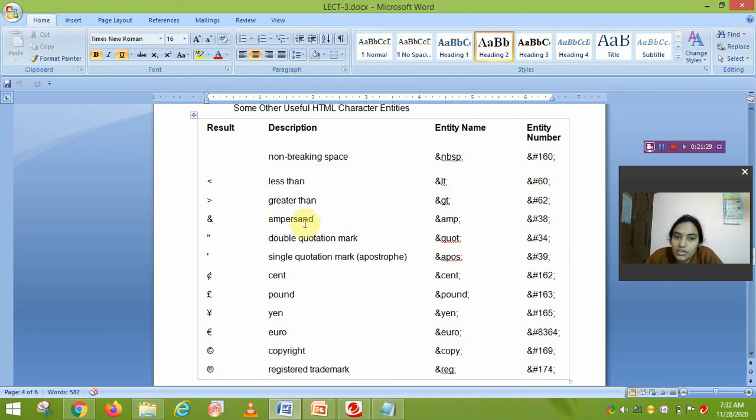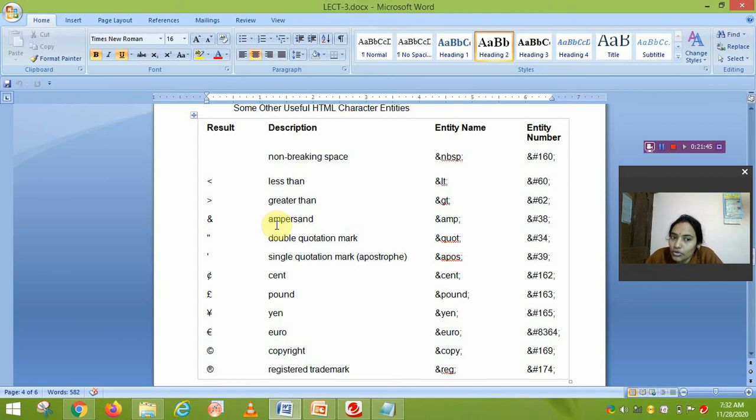For inserting the ampersand symbol, if you write the ampersand symbol directly, it is not shown in your HTML document.